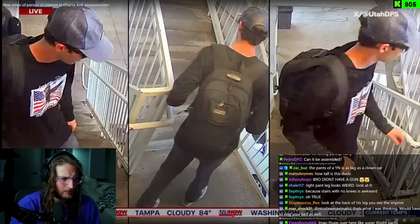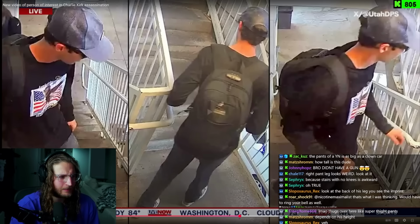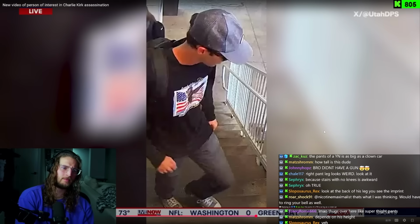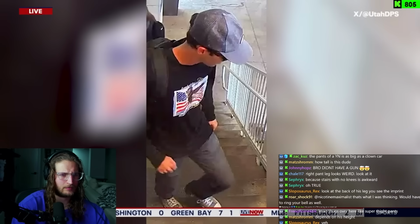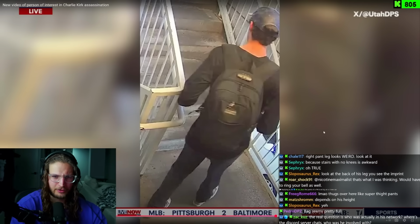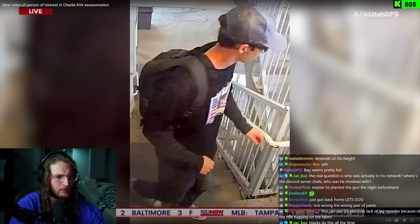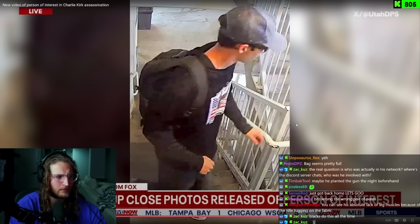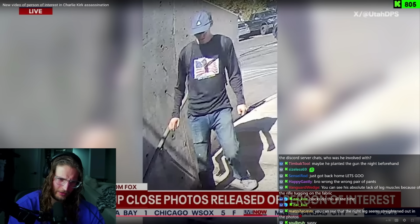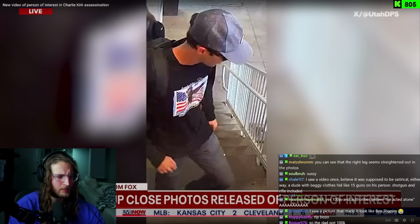Here, a new shot of the person of interest, the suspect. That's just insane to hide a rifle in your pant leg. These new images were just released by the Utah Department of Public Safety. I want to show you this one as well, a little bit closer up. You can see what they are hoping, that by releasing these photos, somebody out there is going to recognize this individual. There is a $100,000 reward. So this right here, this imprint's got to be part of the gun. For the capture and arrest of this individual that is accused of killing...